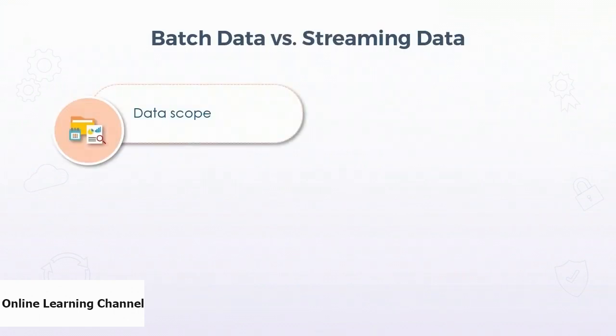So let's compare processing of batch versus streaming data. First, they differ in data scope. Batch processing has access to all historical data, so the data scope can be very large. As an example, batch processing might be run on an entire year's worth of data to determine beneficial trends over the year. Stream processing, on the other hand, works on a much smaller data scope, usually the last few seconds